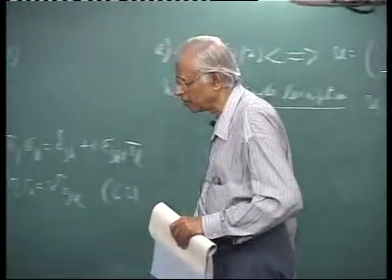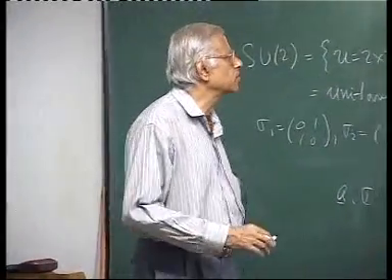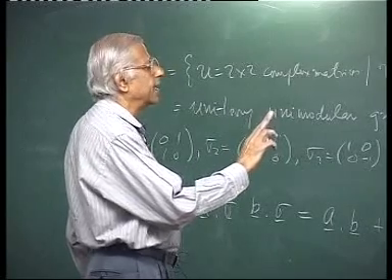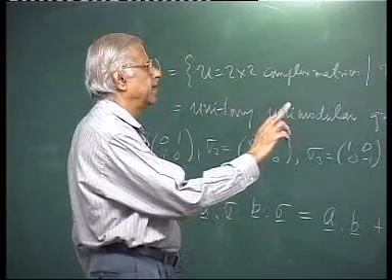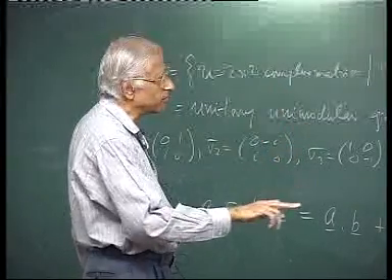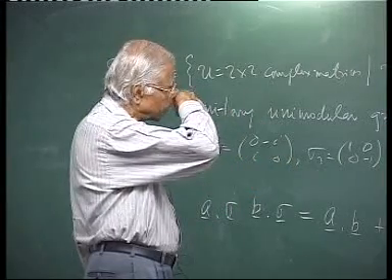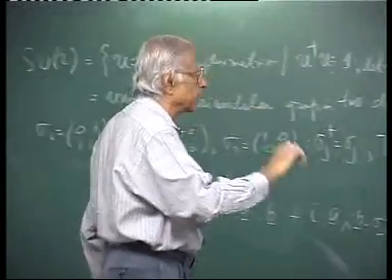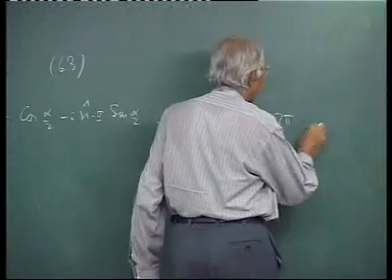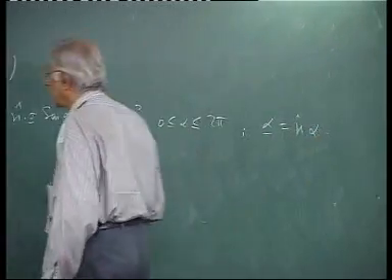Not uniquely, almost everywhere. Every element of SU2 can be thought of as specified by an axis n and an angle alpha. n can be anywhere on the unit sphere S2, the familiar S2. The angle alpha can go all the way from 0 up to 2 pi. And if you combine the n and the alpha into a 3-dimensional single real vector,